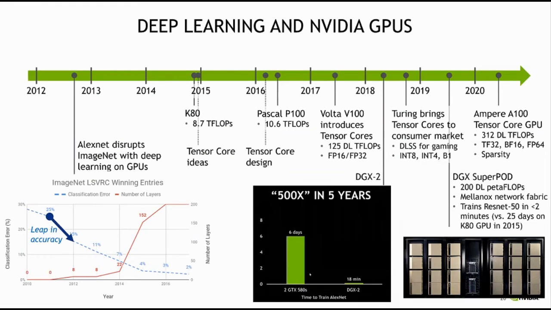So let me now come to this slide, right? The point that I'm trying to bring here is, when the ImageNet challenge was taken up and AlexNet won that particular challenge, since that point of time we understood that neural networks are going to be used extensively. And again, the GPU hardware architecture in itself had to be optimized for doing those operations, right? It already was, but how can we make it much better to get better performance, right? And that's where the whole idea of tensor cores came into the picture.